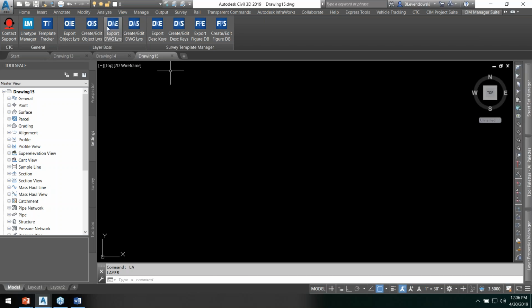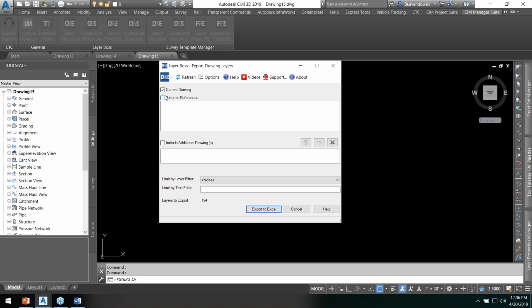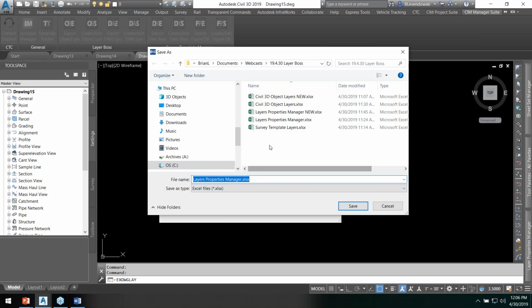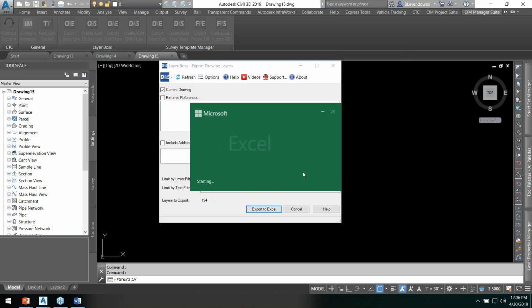So first thing, we're going to come up here and run the export DWG layers command. It allows me to grab my current drawing. I could grab some XREFs as well as some additional drawings I add in there. I could also filter the layers that get exported using layer filters or simple text filters like that, for example. We're going to export the whole list because we just want to simply build our Excel file